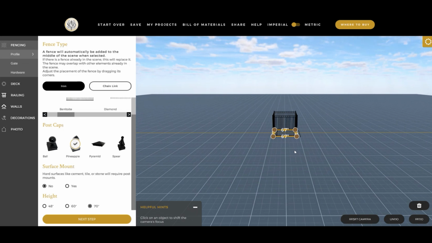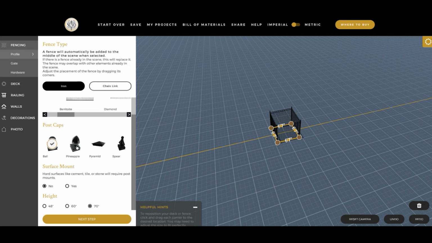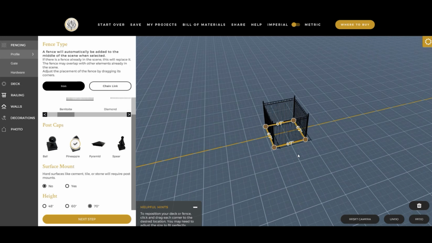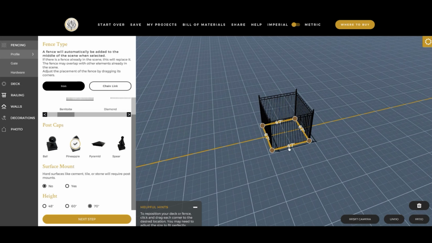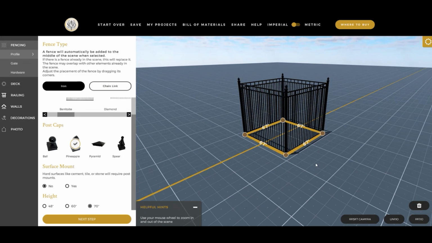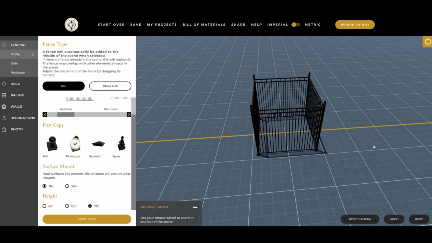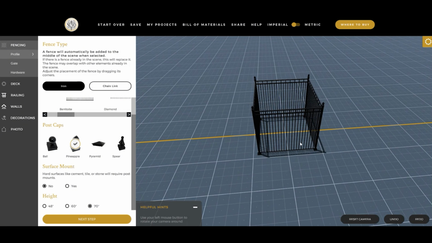When you click on an object, the camera will automatically focus on the thing that you clicked on. Let's go back to ball cap. All right. You can use your scroll wheel to zoom in and out to get a better view. You click away from an object, you can see the control points and the dimensions disappeared, so I don't have anything selected at the moment. If I click back on the fence object again,